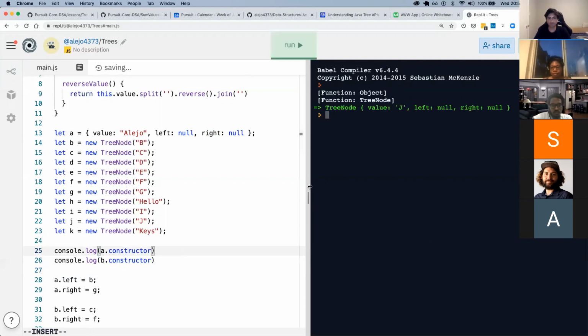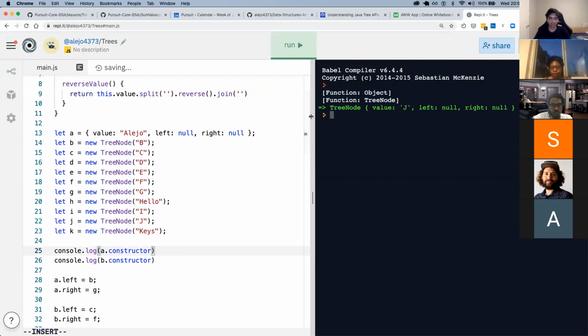Let's try that. Exactly, we got something different now, where we're basically saying the constructor that was used to create B is the tree node constructor, or the tree node class. The constructor that was used to create a literal object was just Object.